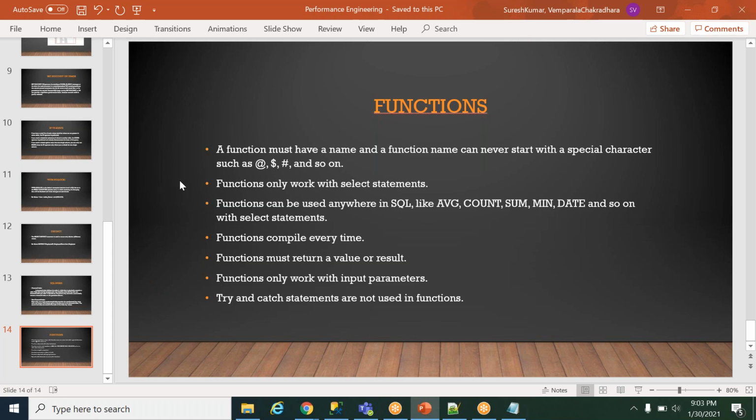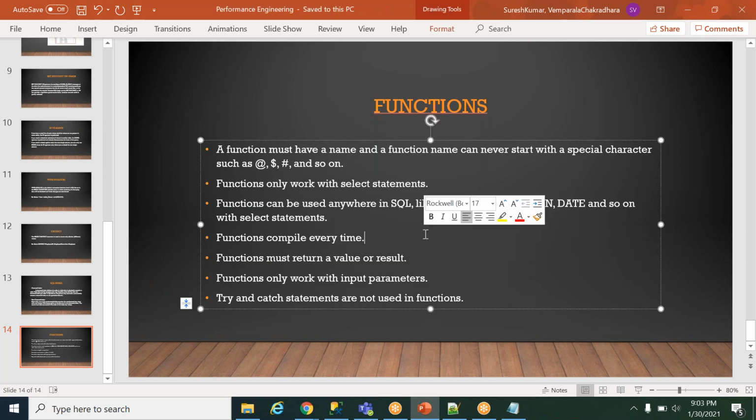When you are calculating it, it's better to write one function, so that when you pass any value to the function, it will give the total, because a function will return a value. You take that return value and then do the manipulation in the stored procedure. So in these kinds of rare scenarios, you can use the function. You can do that in the stored procedure also, but in rare scenarios, like I told you, with comma separated values, where I have many employees or values but individually at a time I just want to take one value, that time the function will be used.